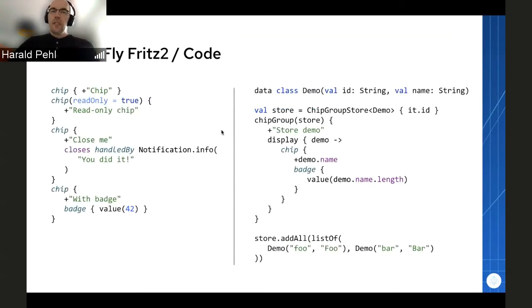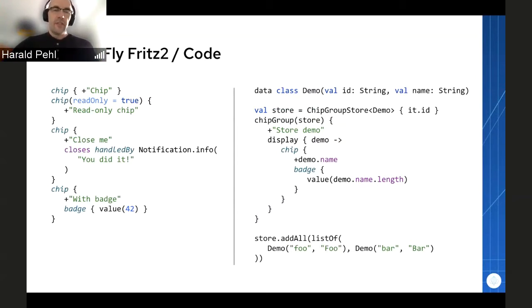And here you see a little example of how this can be used in your application. On the left side, as you see, there are several chip components which are created. You can pass parameters to the chip if you want to have a read-only chip, and then you say what you want inside these curly braces, which is the code block.